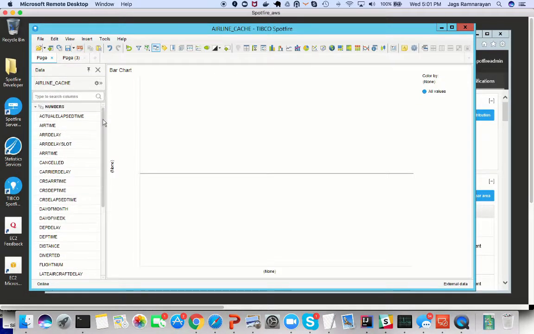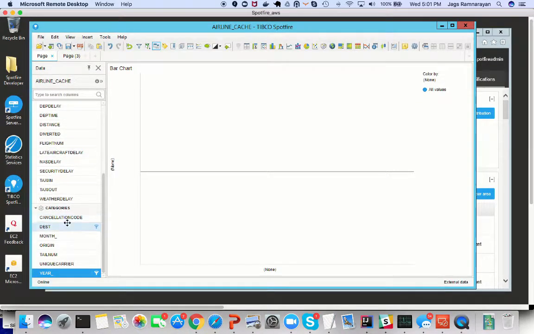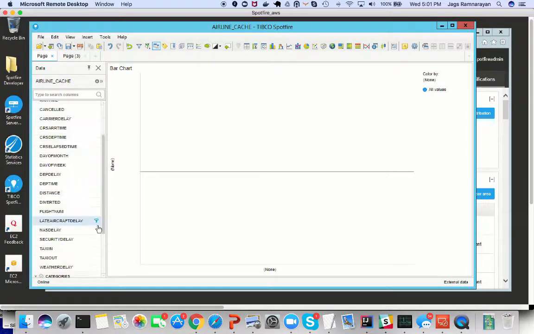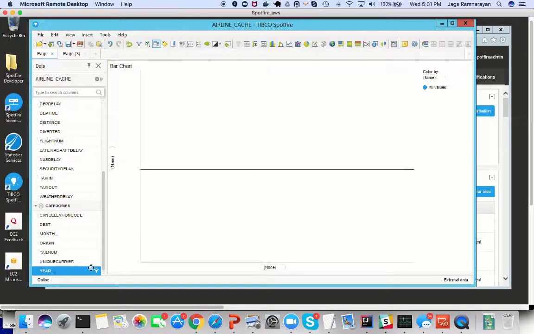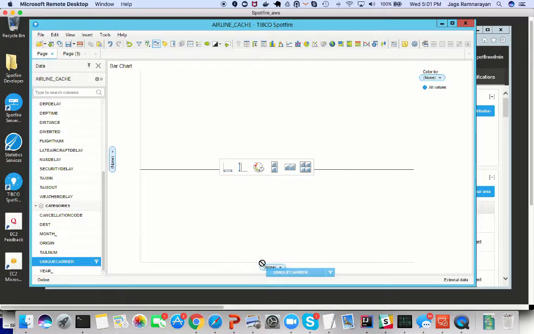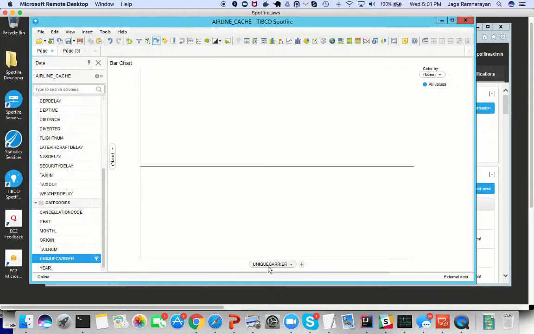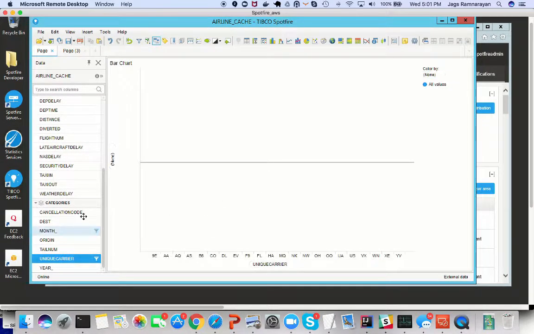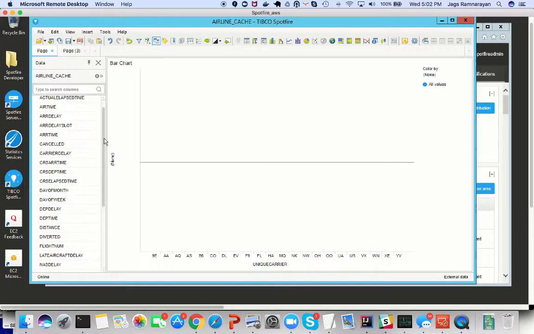And Spotfire automatically looks at all the columns and figures out which columns make up categories and which columns make up measures. And all I do is drag and drop to do my analytics. So let's take unique carrier. Let's say I want to find out the average delays for each airline. So all I do is drop one on this pane, then I pick up